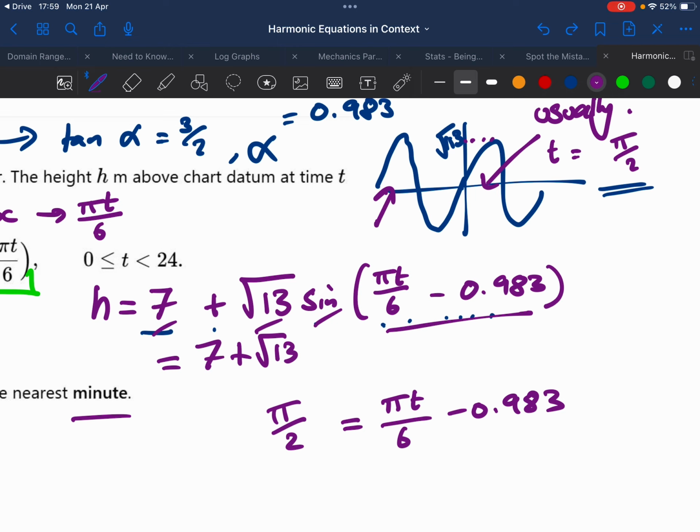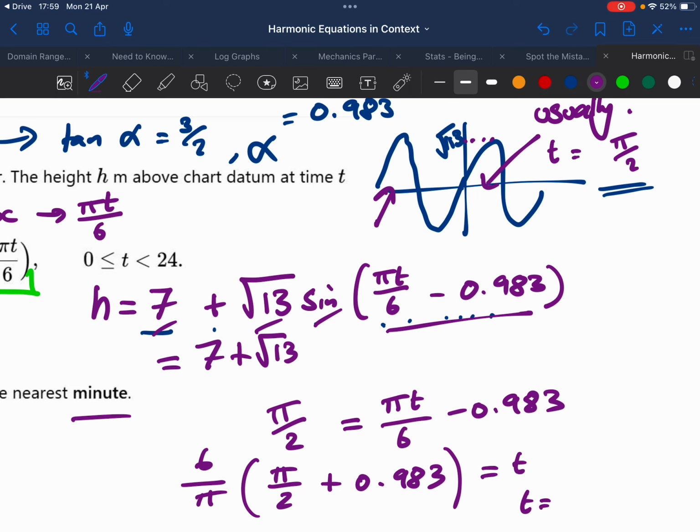So if I now do pi over 2 plus 0.983, and then the goal is to get t on its own, right? So if I multiply by 6 and divide by pi, that will be effectively getting t on its own. And if I do all of that stuff there, what do I end up with for my answer? I end up with